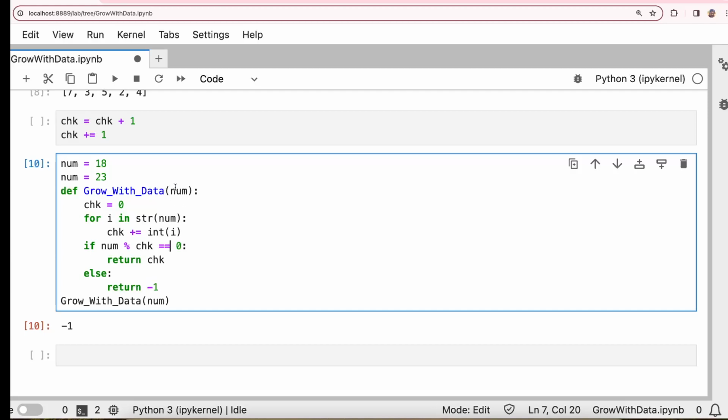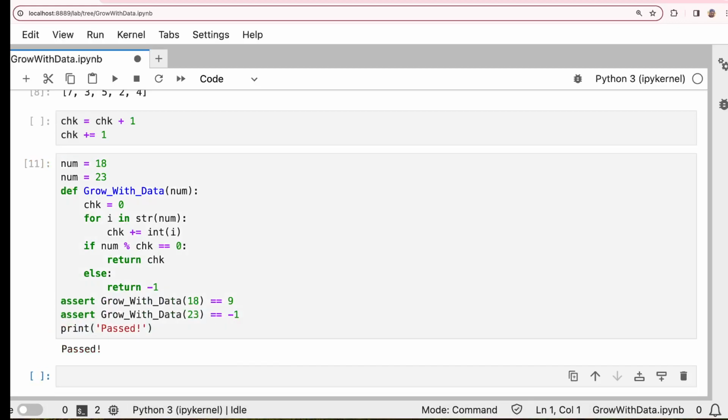So what we did, we took the number, converted that to a string, read every digit from that input number, and added that to the variable check. And then we check if we divide the input number by the sum of digits without any remainder, then you return the sum of digits. If not, you return -1. If you want to check more test cases, you can try the assert function and it should work.